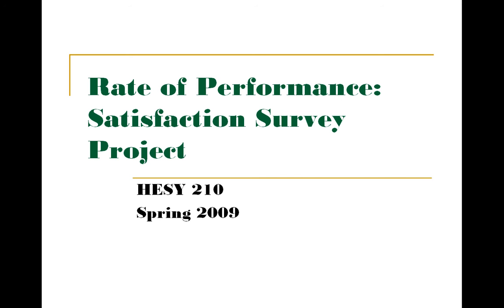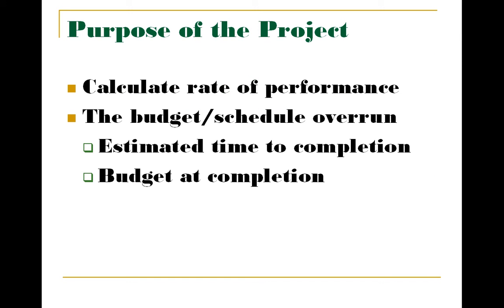This is a tutorial on using the rate of performance to analyze the satisfaction survey project. In this project, we will be calculating the rate of performance as well as the budget overrun given the project's data, which includes each activity, its immediate precedence, planned duration, and planned expenditure. Using this data and the rate of performance, we will be able to measure the progress and estimate the time